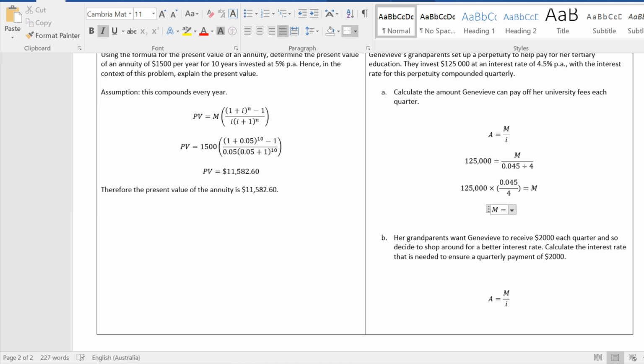M, just putting the numbers into the calculator now. 125,000 times 0.045, divide that by 4. I end up with an M value of